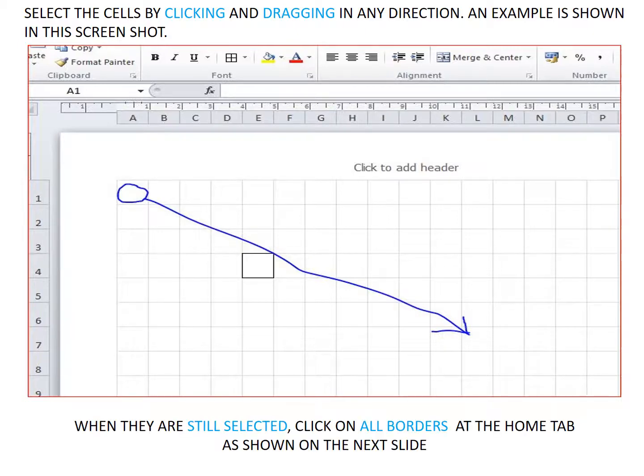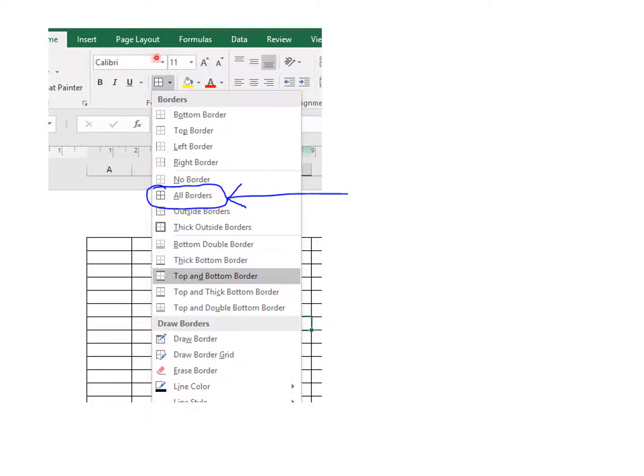And having done that, go to borders, which is at the home tab, and that's shown in the next slide. At the home tab, when you have clicked the home tab, there is the borders, which is this place here. Just click this small arrow that is facing down and go down. There's a bottom border, top border, and so on, but we want all borders so that all the lines of the cells display. Click that one